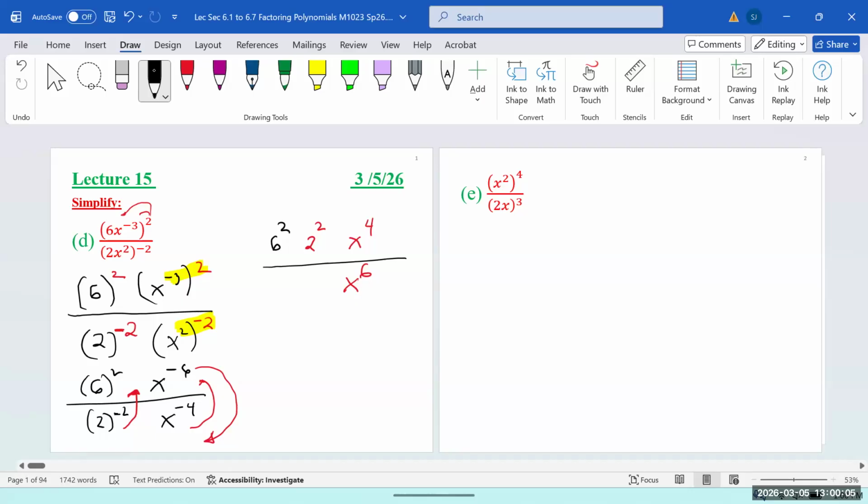And when you switch them around, we notice something cool here. You're not supposed to combine them just because they have the same base. We are going to do it after we convert the negative into positive power. Like here, we have x to the positive 4 on the top, x to the positive 6 on the bottom. So you go to the exponent rule for division. In division, how do you combine powers?